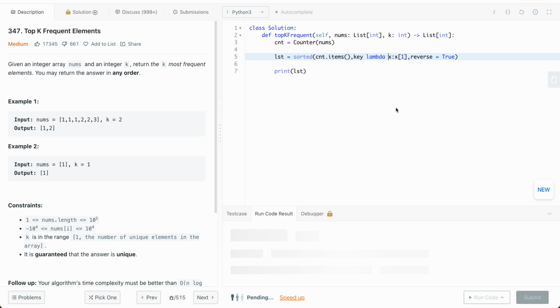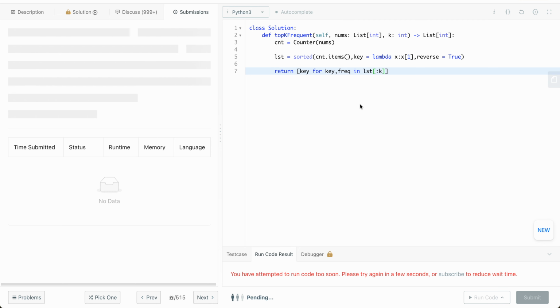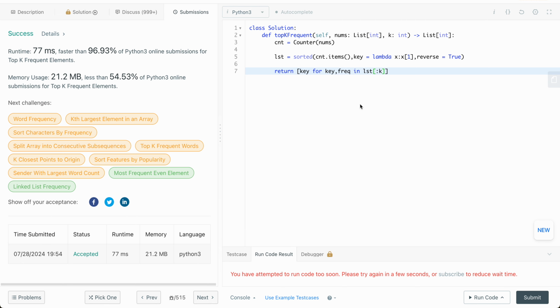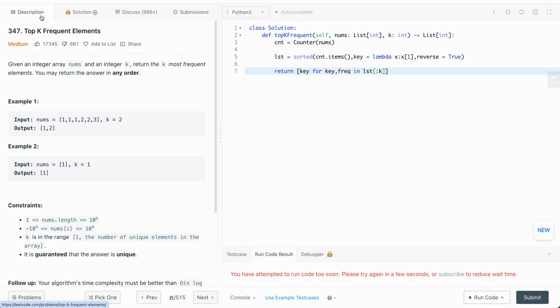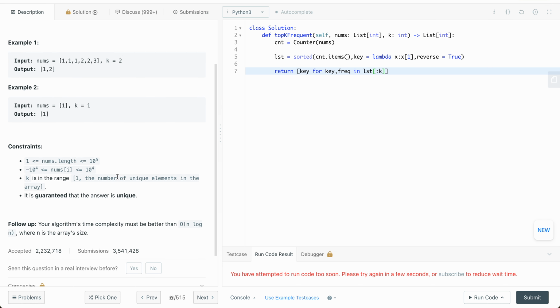So okay, let's run our code and let's submit our code and see how much faster it is. Okay, it is faster than most people, but the problem says that the time complexity must be better than n log n, and here our time complexity is essentially O(n